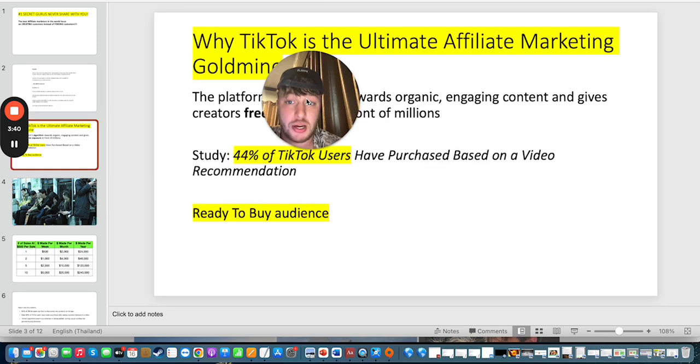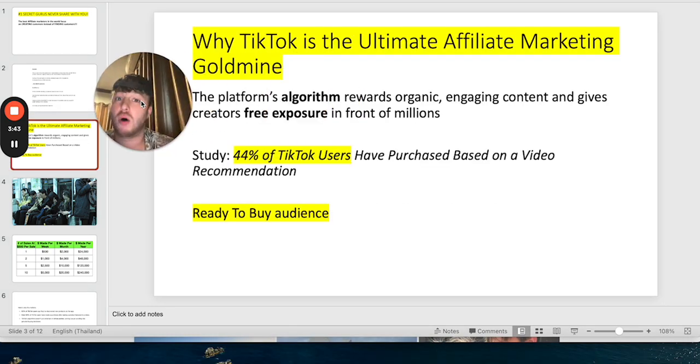Alright? So you can see over here why TikTok is the ultimate gold mine in 2025. Because there was a study made that 44% of TikTok users have purchased based on a video recommendation. So as I have shown you before with the comments, in 2025, engagement is the name of the game. Because the beauty of this is once you have a ClickBank affiliate link, you have comments, you can engage 5 to 20 minutes per day, post your affiliate link, your ClickBank link there, and get sales. Easy as that, simple as that.